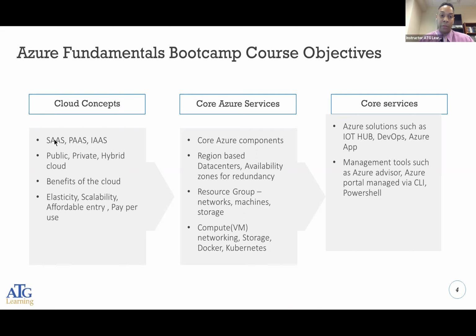Well, Software as a Service, meaning that Microsoft actually has created some type of software that is going to be utilized for my organization, and I don't have to be responsible for particularly managing that software, or adding new things to that software, or changing the look and feel of that software. Meaning Microsoft already has that software out, and I want to take advantage of that software and use it within my organization. So a prime example of that would be Office 365, right?